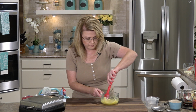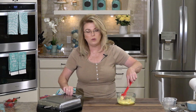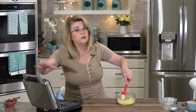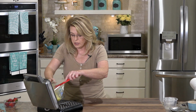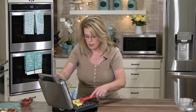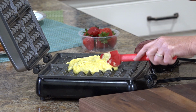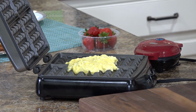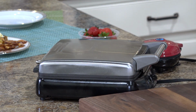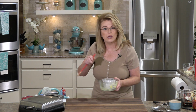Mix it together. And you can either make it individually in your little mini waffle iron, or you can do 2 at a time by using your regular waffle iron. I'm just going to put it in the center. It won't be perfectly squares, but I don't care about that. And just let it go according to your manufacturer's directions. However long your manufacturer says to let it go. They take about 3 or 4 minutes